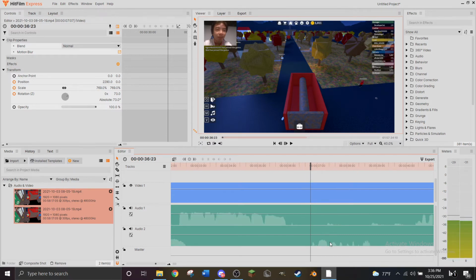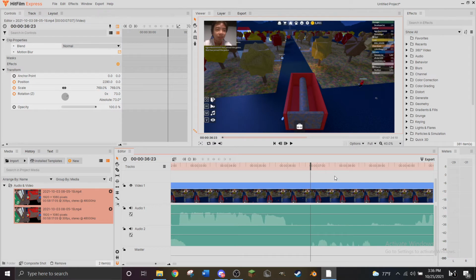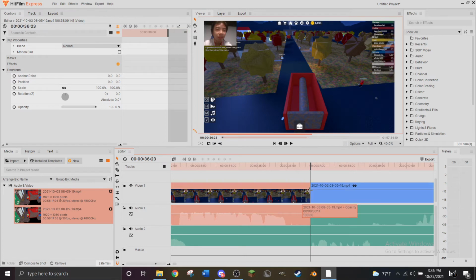So like before the wavelength over here. Or the wavelength, I don't know if I'm saying it correctly, but the audio waves over here, the sound waves, and then you want to select your video footage only. Your footage, you do not want to select this as well. You can select it as well, but I always select the video footage over here because it makes it easier. So you want to hit Ctrl-Shift-D to create a splice,